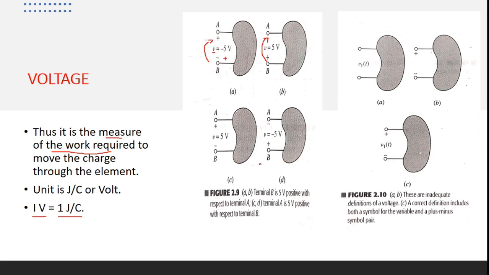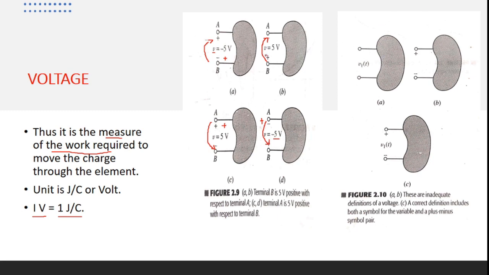Fine. Now come to the diagrams C and D. Here A is positive, B is negative, but the charge is also positive. So plus into plus becomes positive for terminal A. So here, A is positive by 5 volt with respect to terminal B. And again here, the voltage source is minus 5 volt and terminal A is a negative terminal. So minus of minus becomes a positive value. So A is again positive by 5 volt when you compare with terminal B. This is how we name any circuit elements.